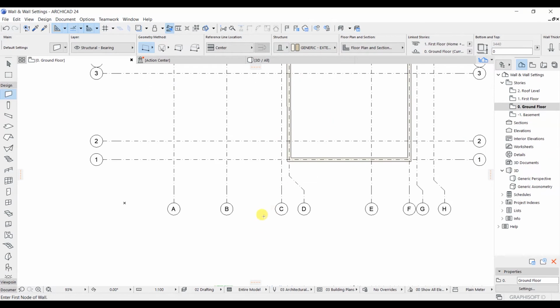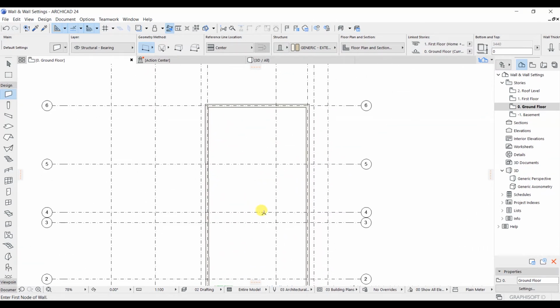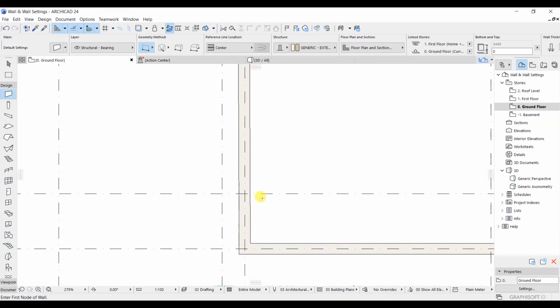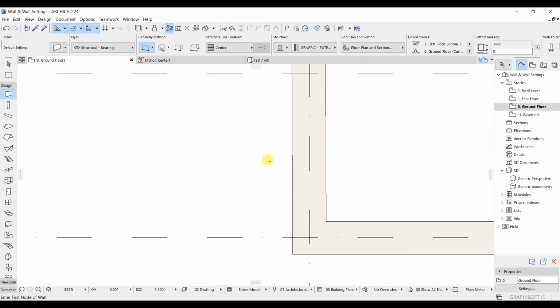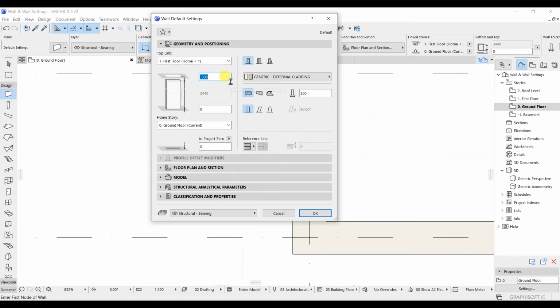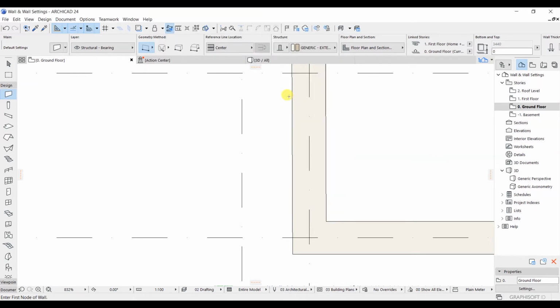Okay, so now that we have modeled the wall, what we're going to do next is model a wall in this region. So let's zoom in on this region and model the wall. Right now I have currently selected the wall tool. So let's enter Control T, and here I will decrease this thickness to 150 mm. Okay, let's hit enter.